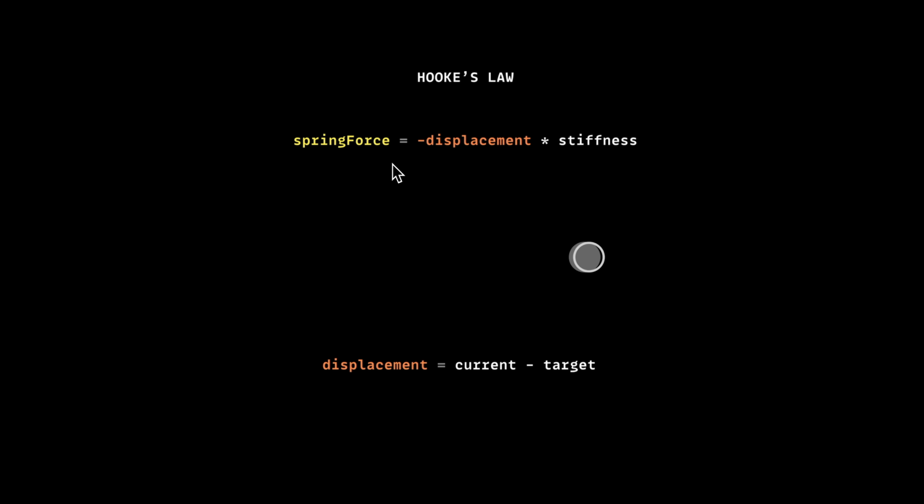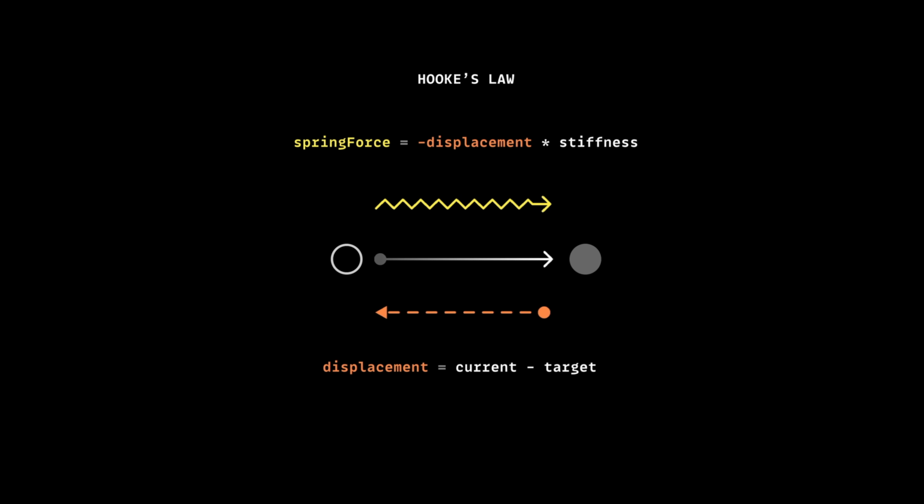And of course, if our object is in perfect equilibrium, if it is in its home position, there will be no spring force acting on it. It will be resting peacefully at home. Despite there being a stiffness to the spring, there is no displacement, and so 0 times anything will negate the spring force entirely. Alright, so we've discussed these two terms with regards to spring physics, displacement, and then this restorative